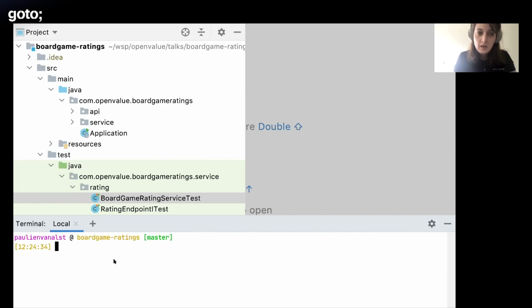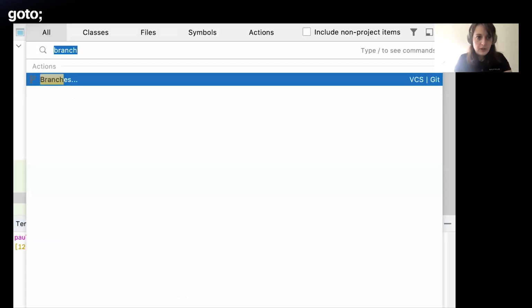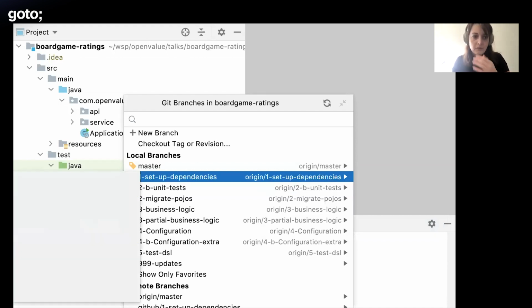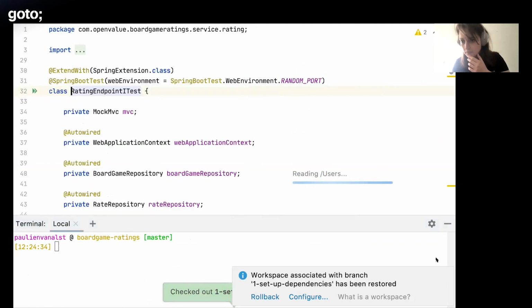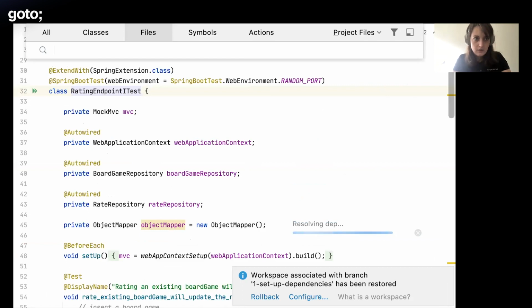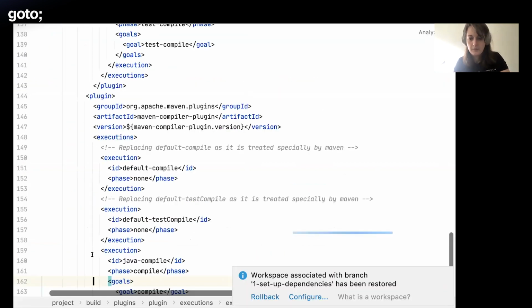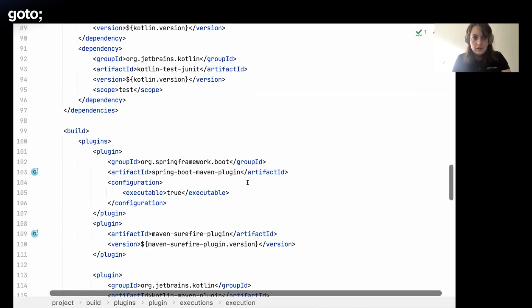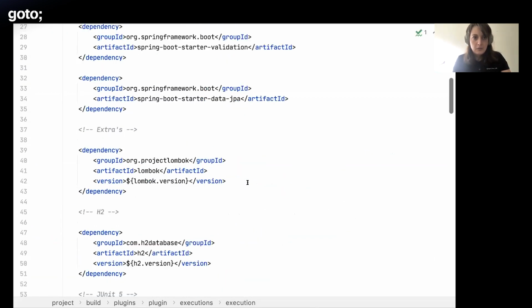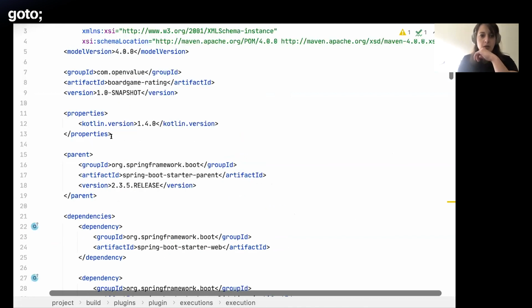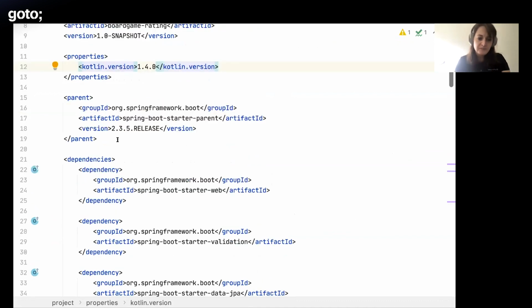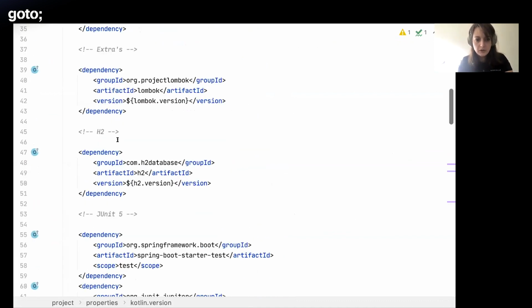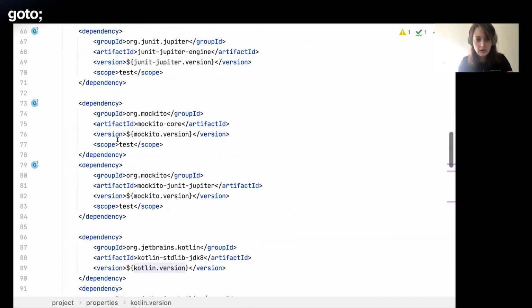Our application is fine. We can now start with the first step, which would be to set up the dependencies. And I've already prepared that for you because that's a bit easier. So to set up the dependencies, I will scroll back to my pom.xml. What you see here is that I specified the Kotlin version. What you also need to add then, of course, in your POM is